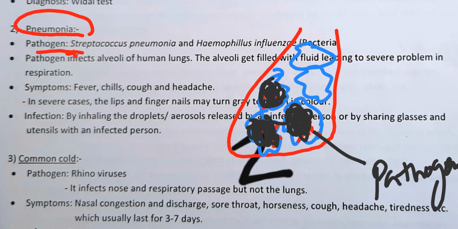When alveoli get filled up with this fluid, their efficiency of gaseous exchange is gone. They are not able to carry out gaseous exchange, so gradually your lungs become functionless. It will gradually spread from 10% of the area of the lungs to 20%, 30%. This you may even have heard for COVID.